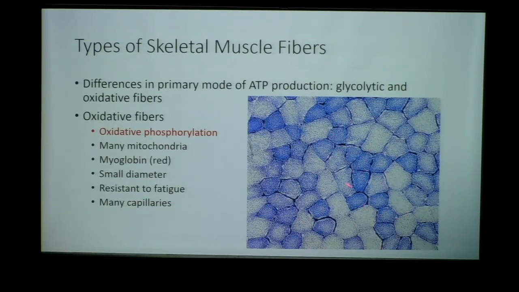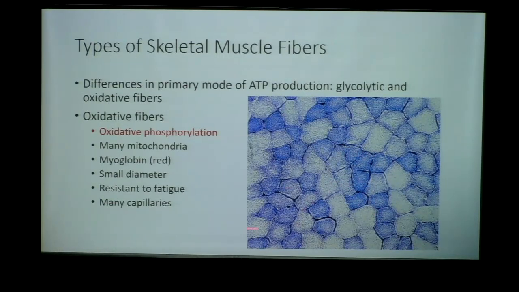We can also see that these fibers have a smaller diameter, and they're surrounded by many capillaries, right? These dark staining spots around the muscle are representing capillaries. Why do we need lots of capillaries in these oxidative fibers? What are our capillaries bringing in? Oxygen, right? So having lots of capillaries, having a smaller diameter so that oxygen can diffuse across the capillaries and into the muscle is really important with these oxidative fibers,